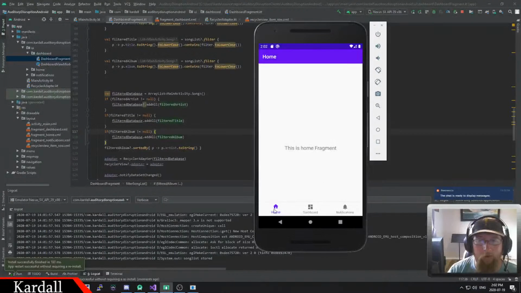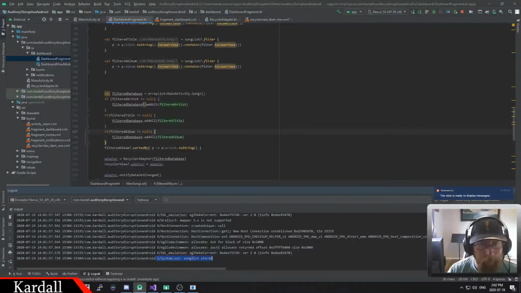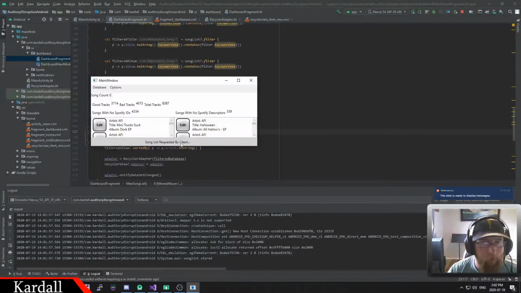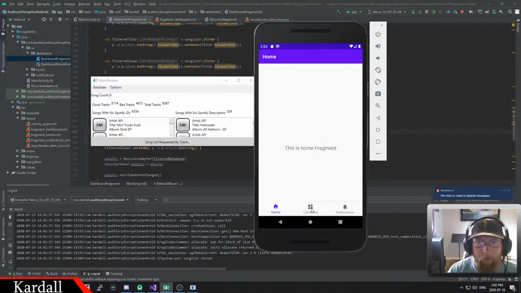So we've got our home, we have a dashboard and a notification section, which we're going to make do what we want. But right now we can see at the bottom it says song list has been stored. So it has already retrieved the song list from our server, and if we look at the server, it says song list requested by client. And if I go to dashboard,